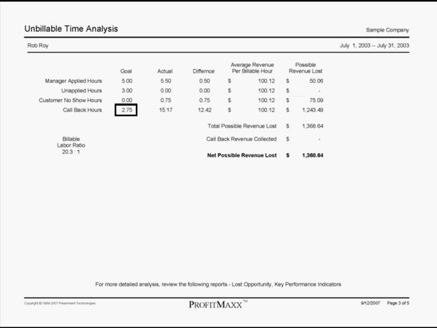Callback hours, again, our goal is 2.75. Rob actually had 15.17. He exceeded our goal by 12.42 hours. Are you guys seeing a pattern here? All three of our technicians now have massive amounts of callbacks. That's an area that we need to focus on within our company very, very quickly. When we multiply that 12.42 hours times our $100 per hour average revenue per billable hour, we had lost revenue